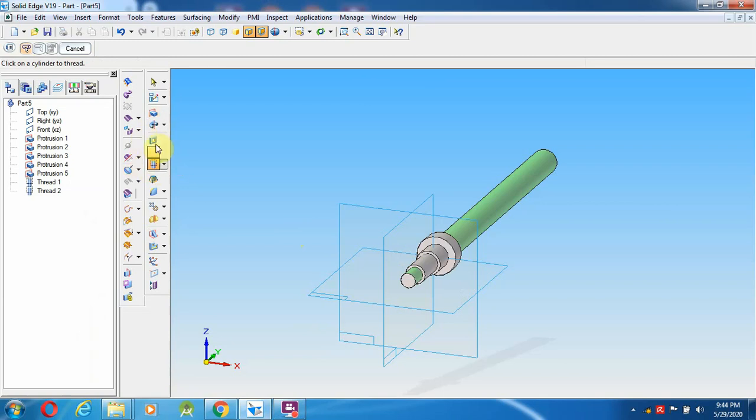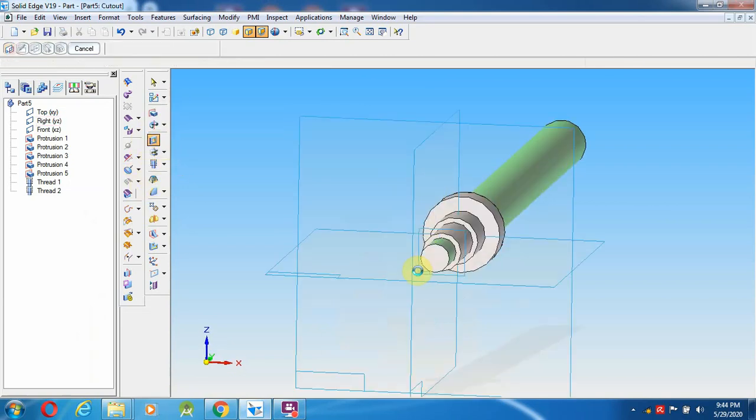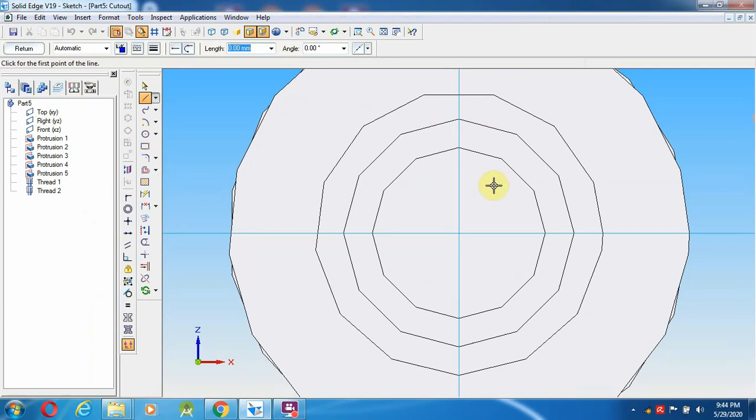Select the cutout option now, from this particular surface. Actually this will come in the second one, so go over here. From here, 4.5 means each side 2.25 mm and down 2.25.